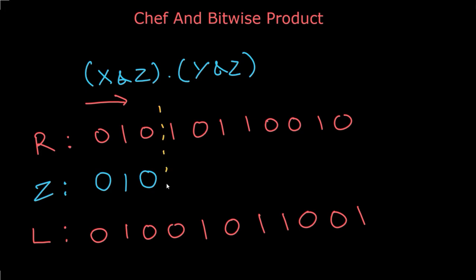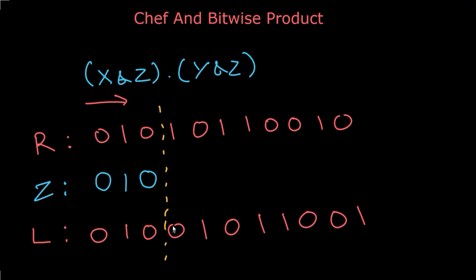So until here, the bits for R and L were exactly same. The bits just after this yellow line is the first time when both L and R are having different bits. And so any possible Z value must have the same bits as R or L on the left hand side of this yellow line. Because if any bit were different, say the second bit was 0, then Z will be less than L. And say if any bit were 1, say if the first 0 is 1, then Z value will be greater than R.